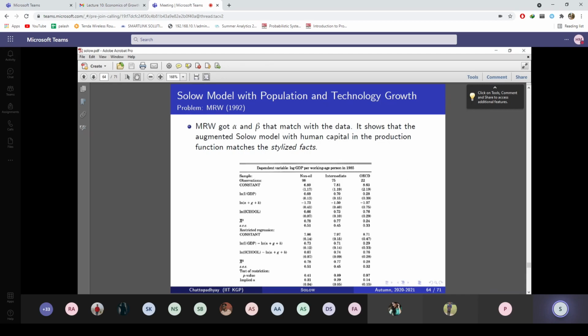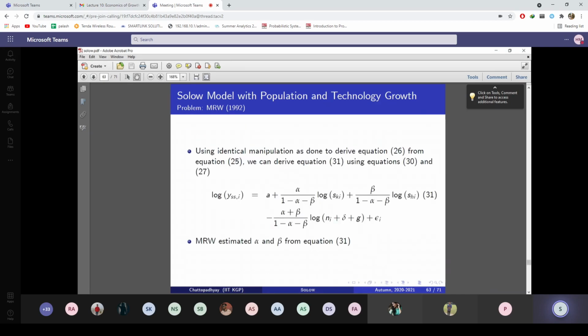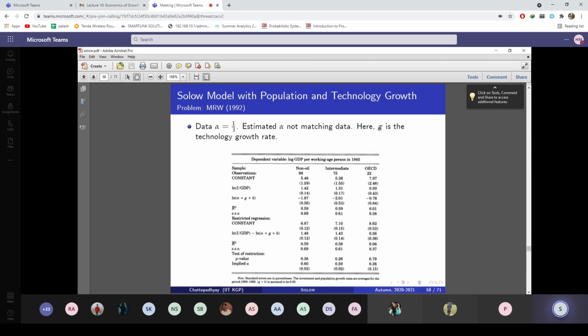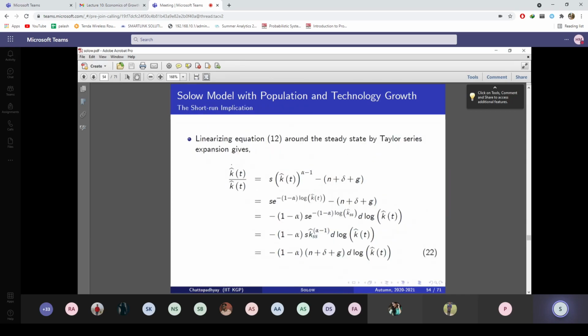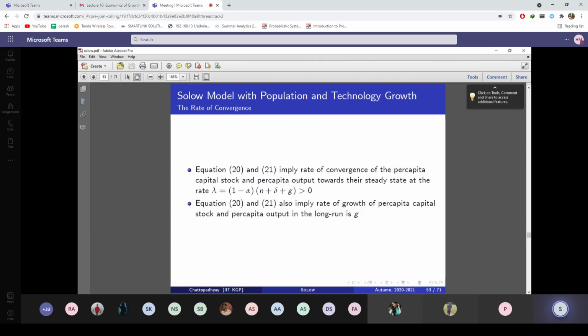Let me summarize why human capital accumulation. People realized that I have to introduce human capital over here. First of all, after solving this fundamental equation mathematically, they got this, which is basically my convergence rate to the steady state. They have given the value of alpha equals 1/3, and n plus delta plus g over here is giving me a very fast convergence. So I need some factor over here.